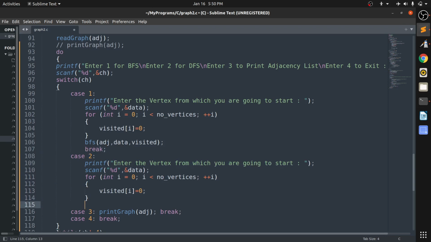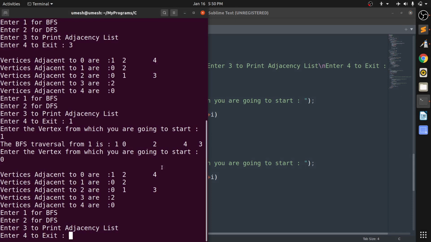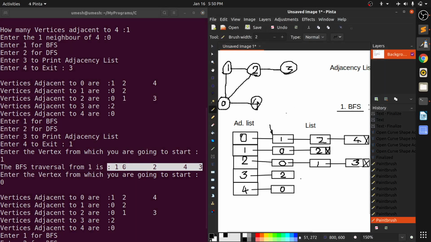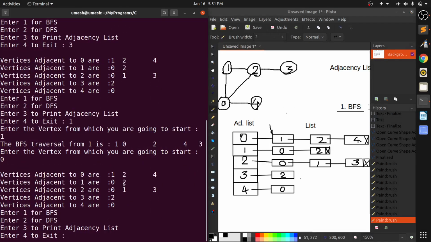Okay, I will just put a break. Now you can also understand the significance of this break in the switch statement. But yeah, you can see that our order is correct and it is working fine.